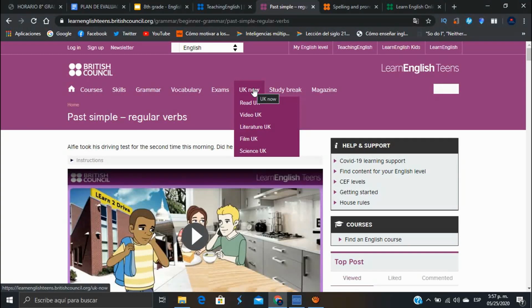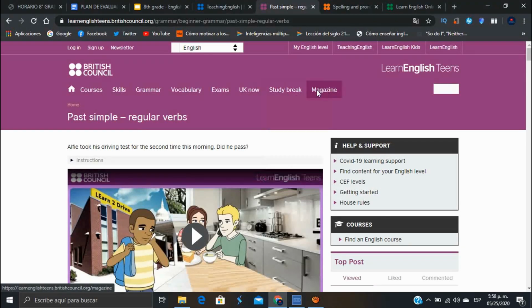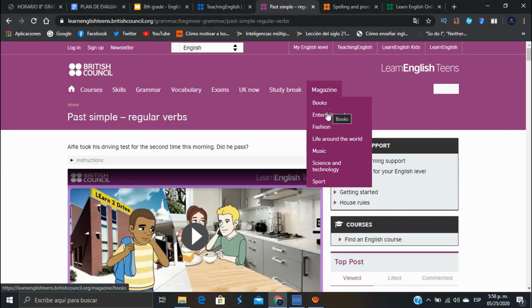Of course, that's obvious. And you can have study breaks, like, okay, let's watch something different. Maybe you have an extra class, you want to make them have fun for a little while, so why not? Try to use them. And of course, the magazine is very, very good for extra reading, some new vocabulary, to learn how the world works and everything, so that's amazing.